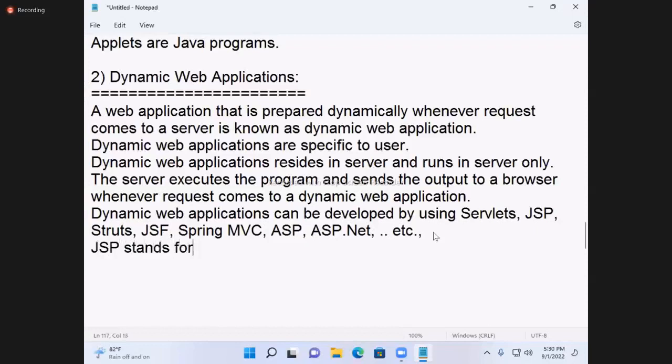JSP stands for Java Server Pages. JSF stands for Java Server Faces.